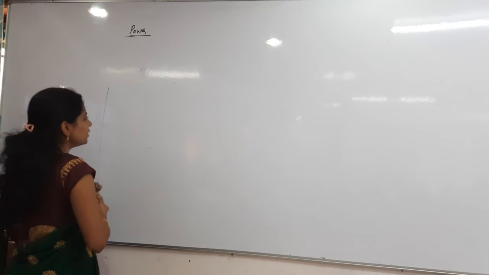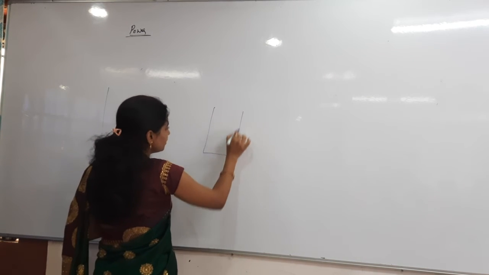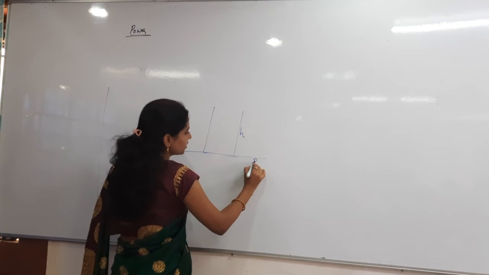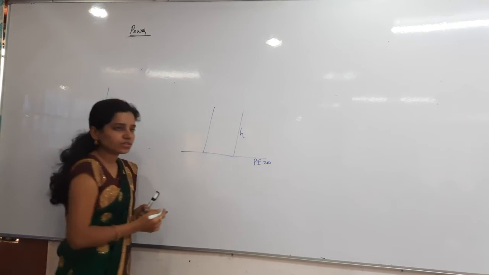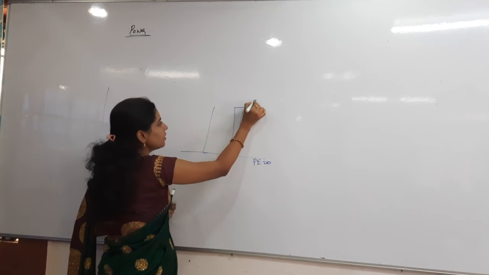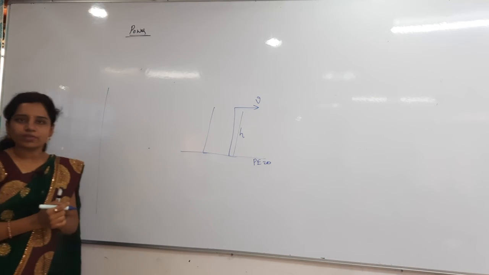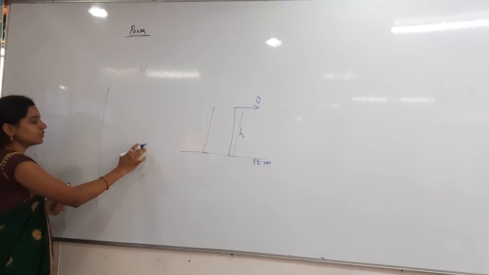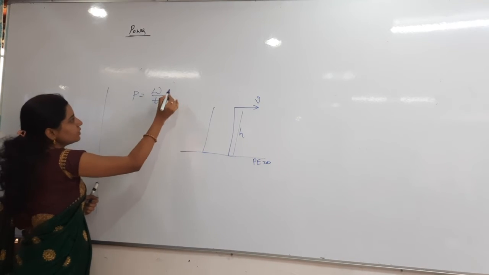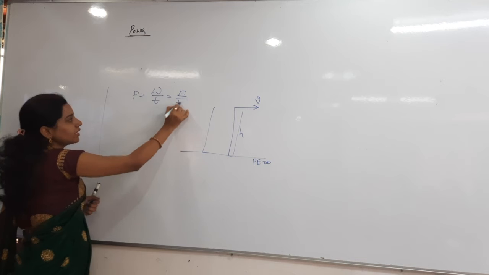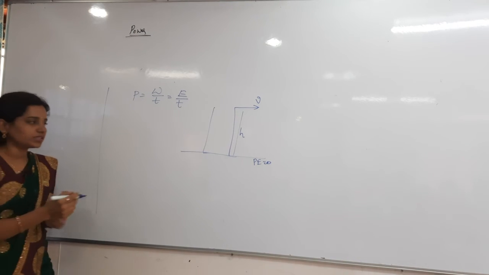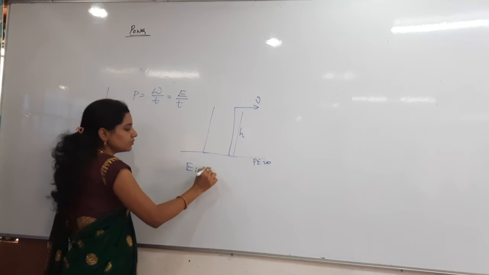See that the water it is taking from the deep well of height, how much they said? H is the height. I will consider this as a zero potential energy level. And it is lifting the water and giving out with what velocity? V velocity. Now you have to apply the conservation of energy. Before that, power is equals to, what is the formula for us? Work by time. Work is equals to energy by time also I can write here. So that energy you have to take from the conservation of energy. Energy initial is equals to energy final.